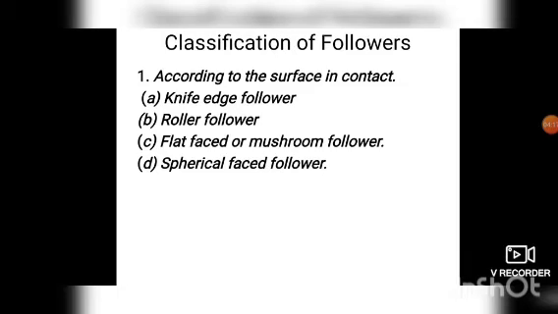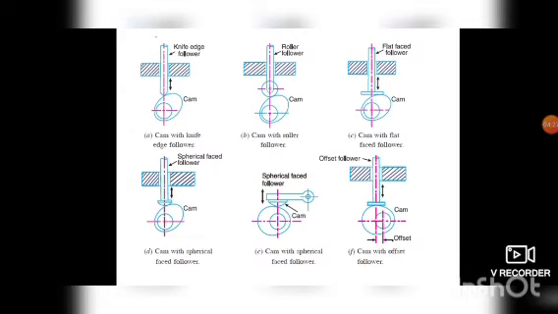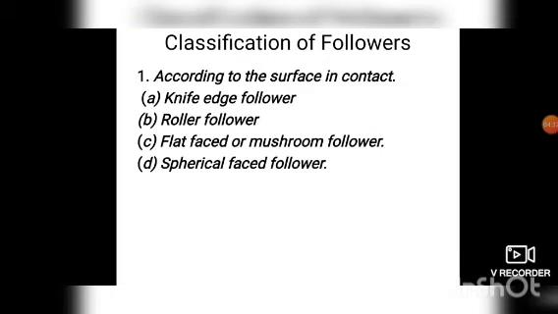When the contacting end of the follower is a perfectly flat face, it is called a flat faced follower. As shown in figure C, we can see a cam with a flat face follower. It may be noted that the side thrust between the follower and the guide is much reduced in the case of flat face followers, because there is a flat face and there is a sliding motion between cam and follower. So side thrust is only because of the friction. So the side thrust is very much reduced in the flat face follower.